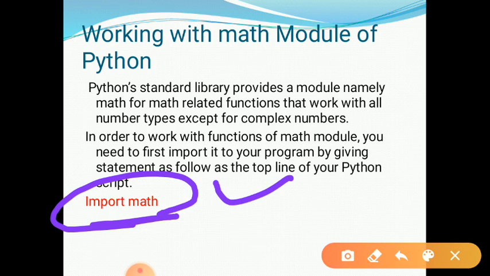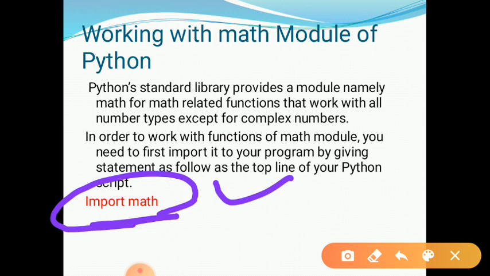So the Python standard library provides a module named math that is related only to math functions, which work with all types of numbers except the complex number. It means the library provides functions that work on all types of numeric values like integer and float, but it does not work with complex numbers.